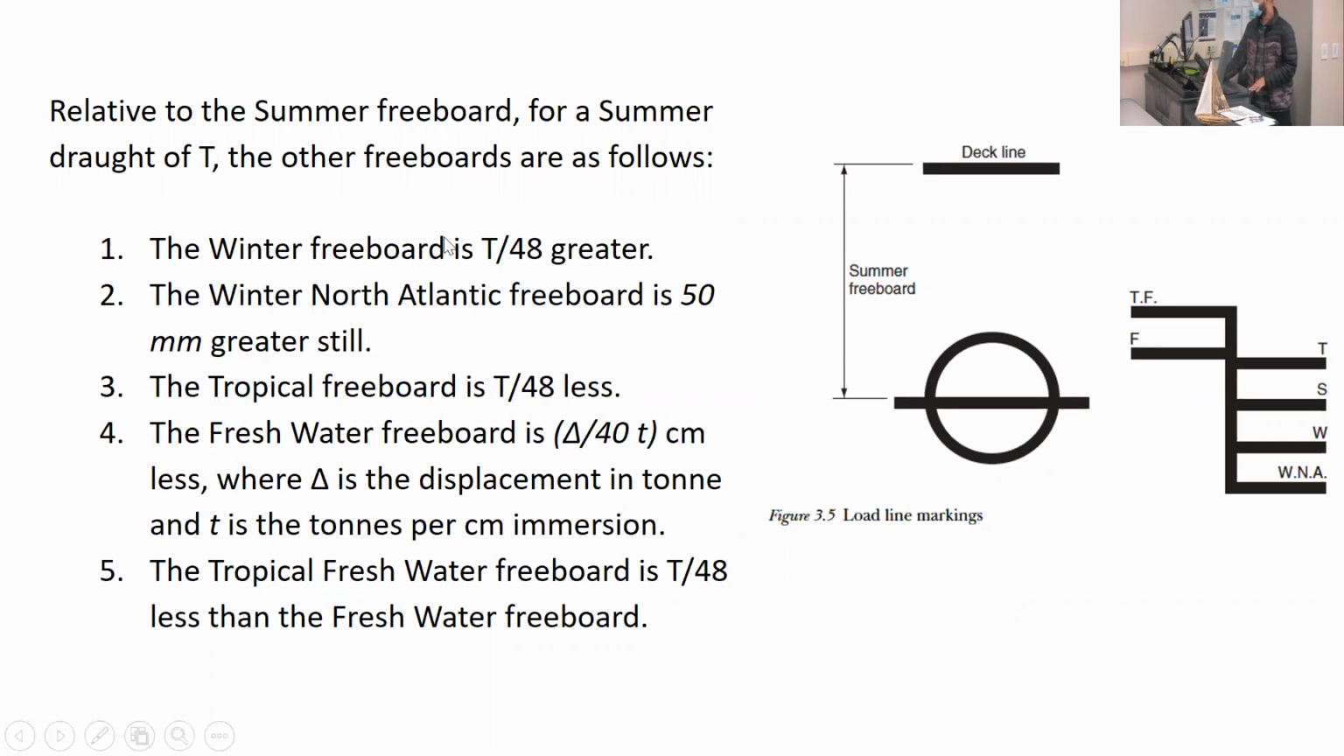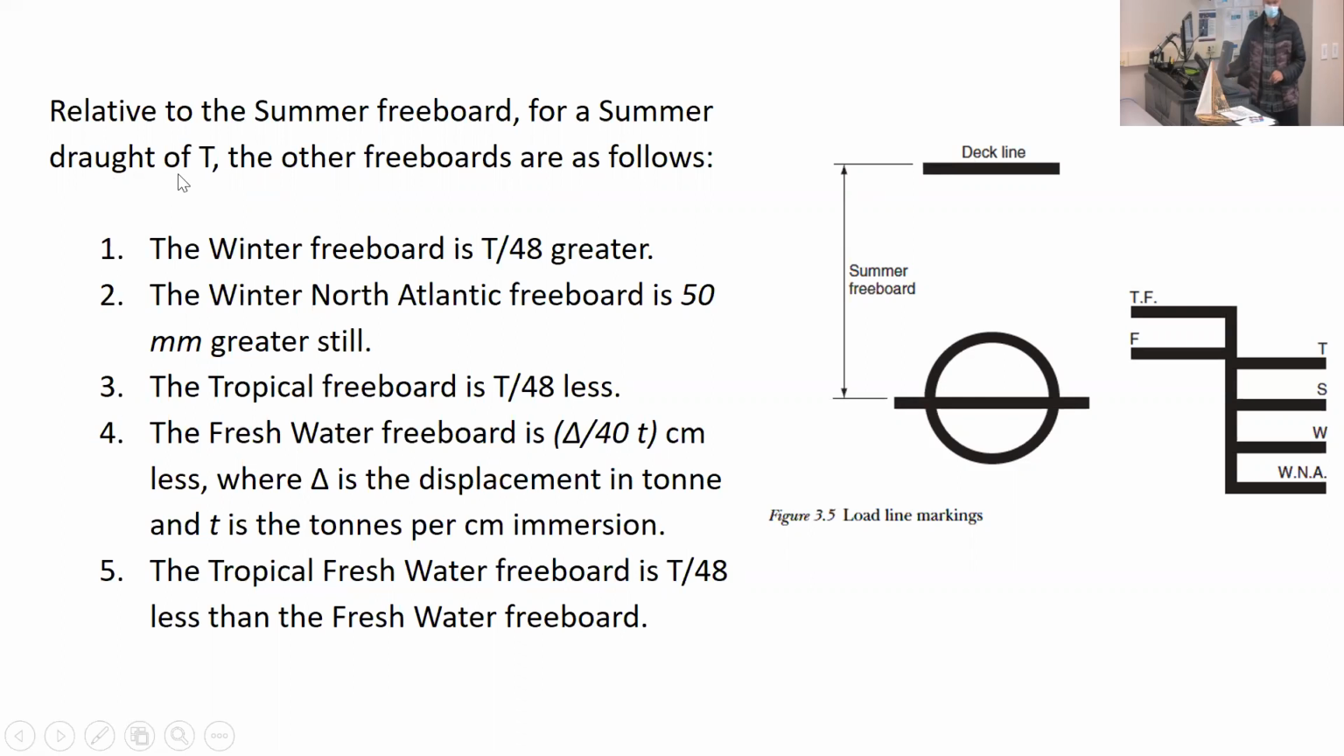These are some, let's say, standards that different agencies specify for what the distance between all of these markings should be. So the winter freeboard should be T over 48 larger than the summer freeboard, meaning that's just telling us what's the distance between S and W. T is the